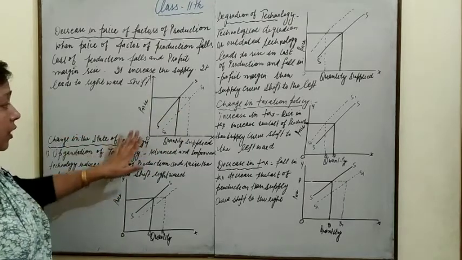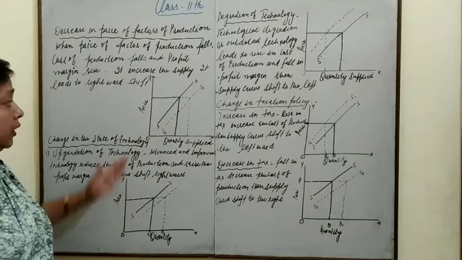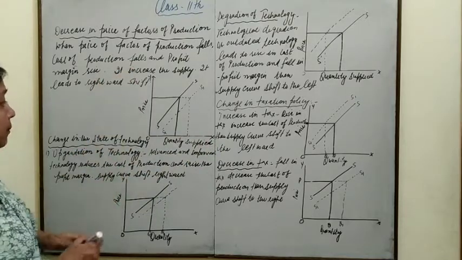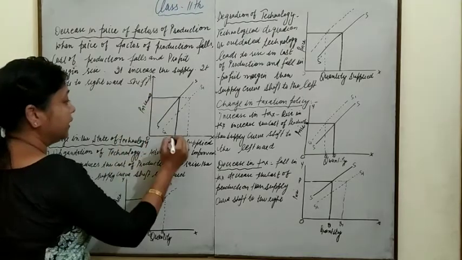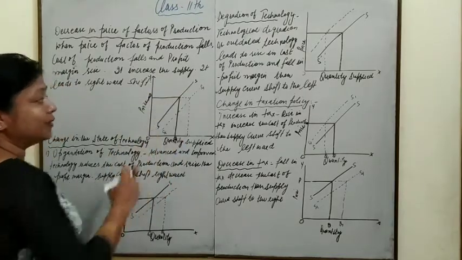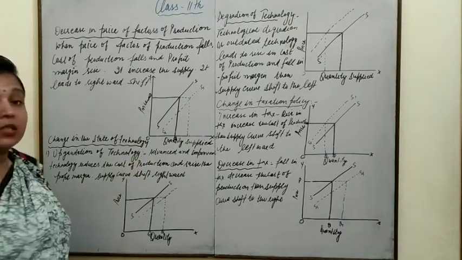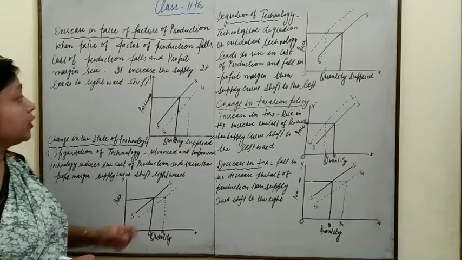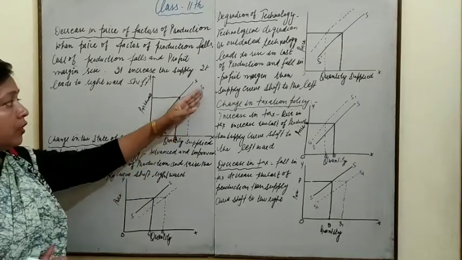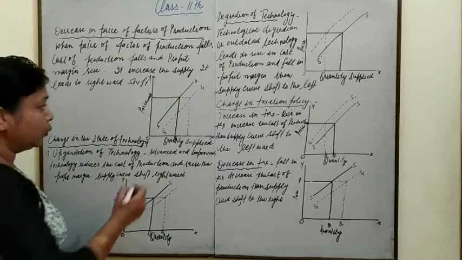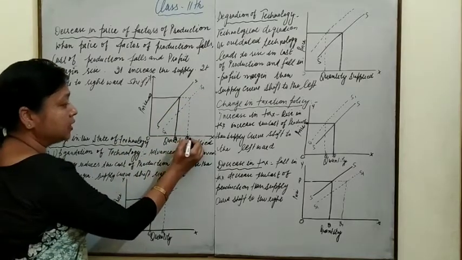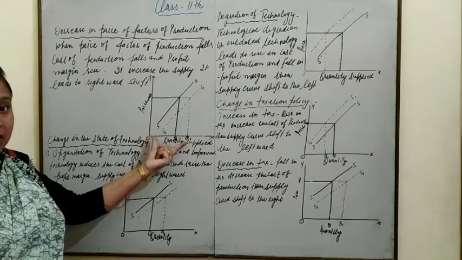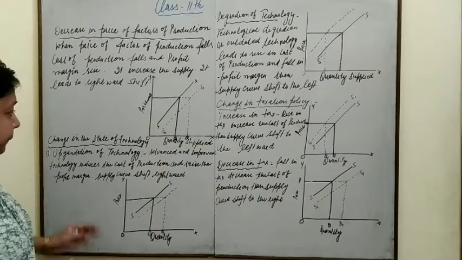See in this diagram, on the OX axis we will show the quantity, and on the OY axis we will show the price. Whenever the price is P, the quantity supplied is Q. The initial supply curve is SS. Now, if the price of factor of production falls, cost of production falls, and the supply will shift rightward. Initial supply is OQ, and now supply is increased up to OQ1.